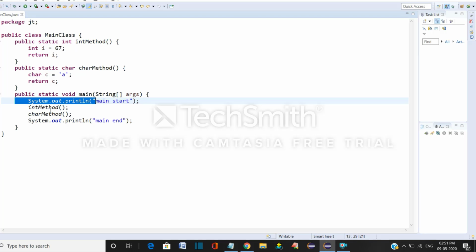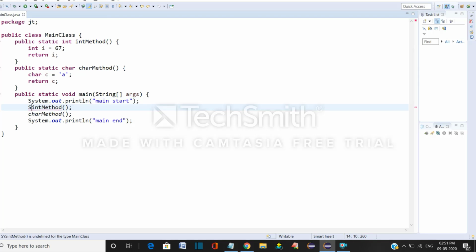On the console means you have to print them inside this.